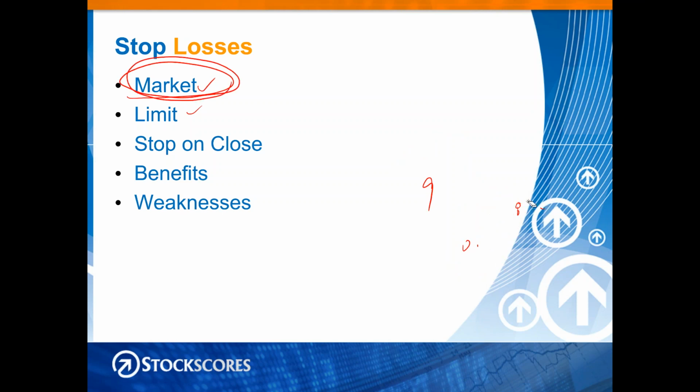Okay. If you trade a stock that trades 10,000 times a day, market orders are fine. When you start getting down to stocks that trade 1,000 times a day, 2,000 times a day, market orders can be less good. You can have a lot of slippage, and so then you want to maybe use a limit order.